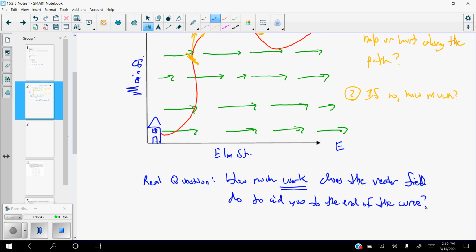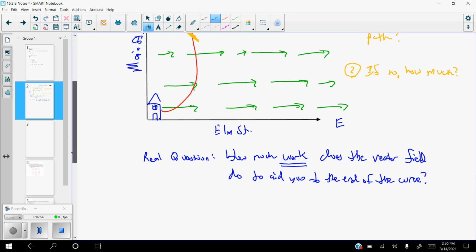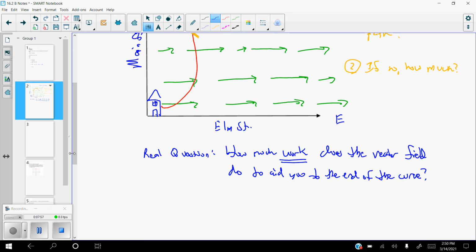So how much work does the vector field do to aid along our path to the end of the curve? That's kind of the real question there. So how are we going to determine that? Well,